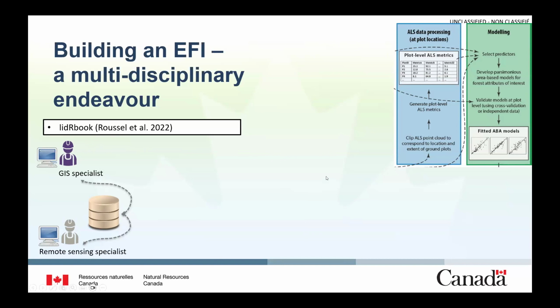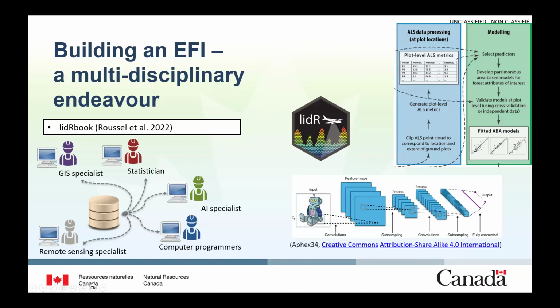So then you proceed to develop your area-based model, whether parametric or non-parametric. So you might need a computer programmer or an AI specialist for more complex models to develop these relationships. And we're always trying to build the model with the least number of predictors possible, so that it can be as simple to implement and as reproducible as possible. And obviously, we'll have to validate the model, so a statistician can help define the training, testing, and validation data sets that are required in